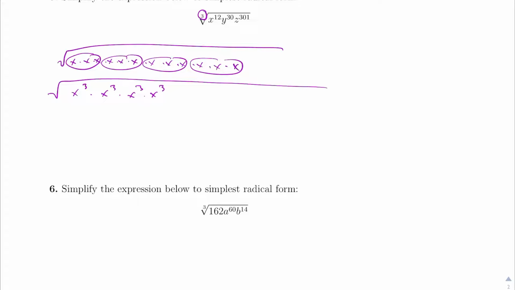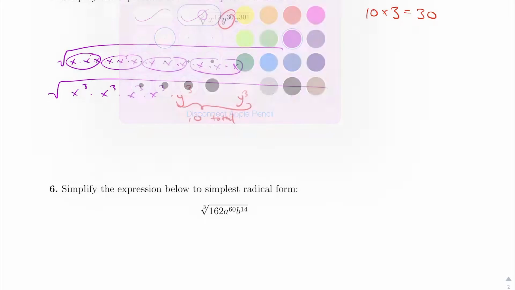Now, in addition to that, you might start thinking, is there a short way to do this? Well, we're going to have a whole bunch of y cubes as well. In fact, to make 30 of them, we'll be able to have 10 groups of 3 to make 30 total. So y to the 3rd, 10 total of these. And then for z to the 301, it looks like we're going to be able to